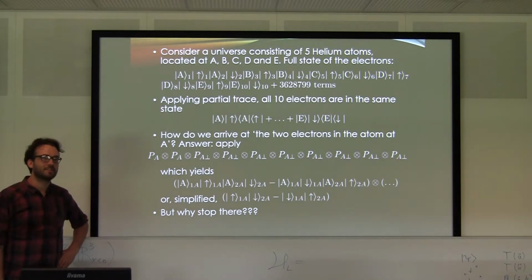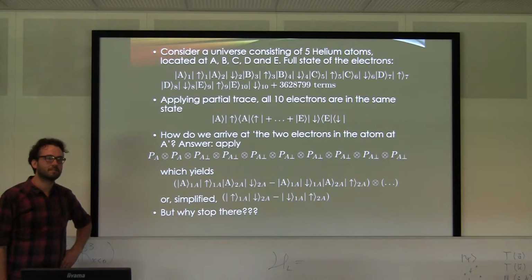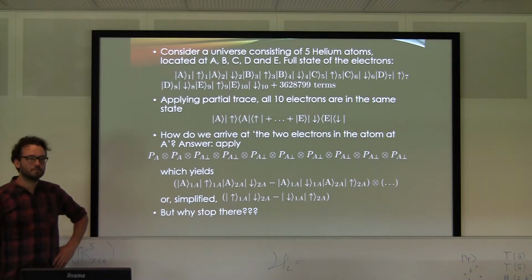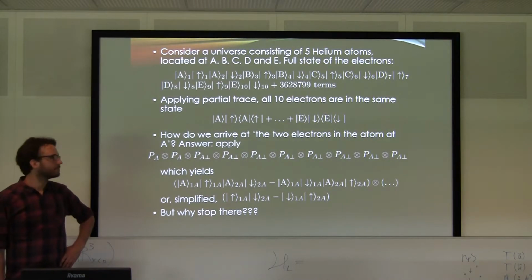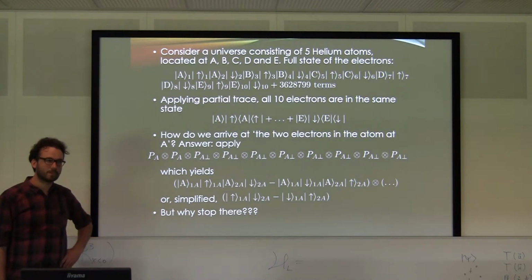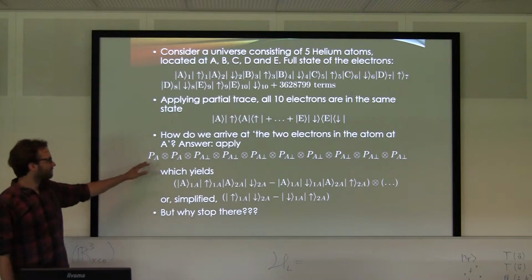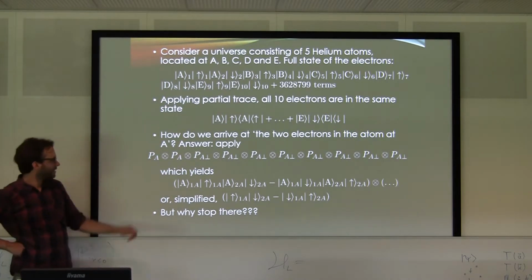I mean, it's still the tensor product of H1, H2 to H10. Yeah. So you're selecting out not just electrons at location A, but electrons 1 and 2 at location A. Yes. Now, why don't you take, say, that operator plus P_A per P_A, and so on, with all possible pairs of electrons at A.